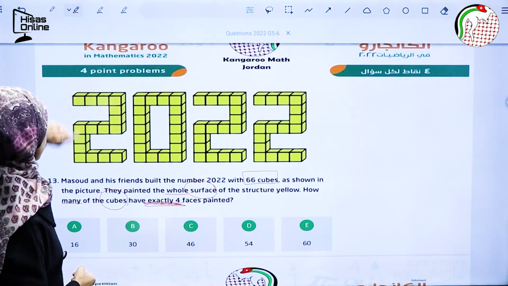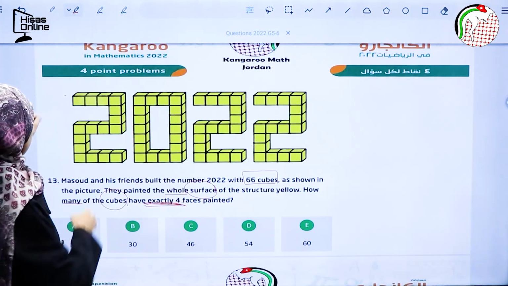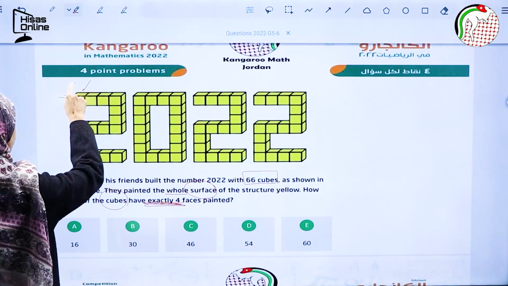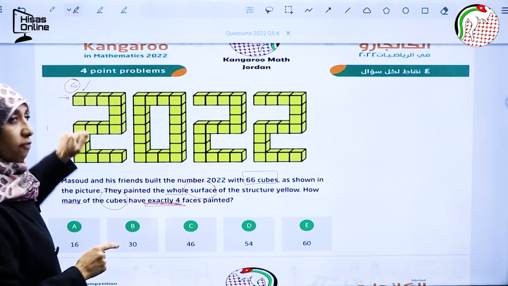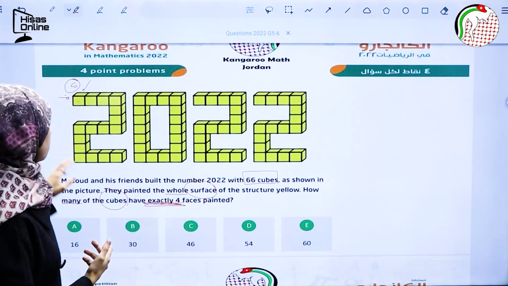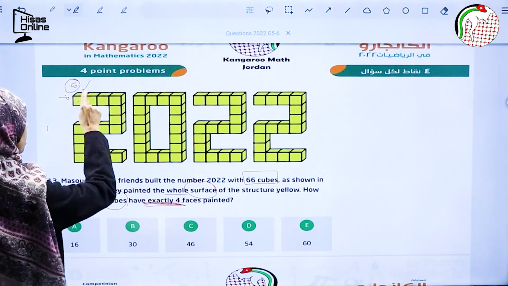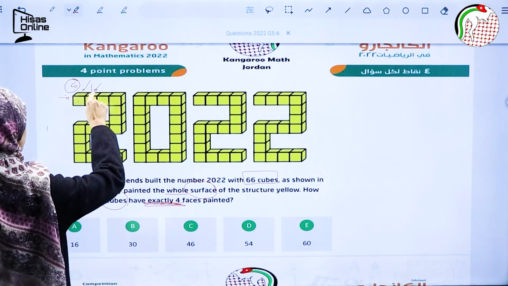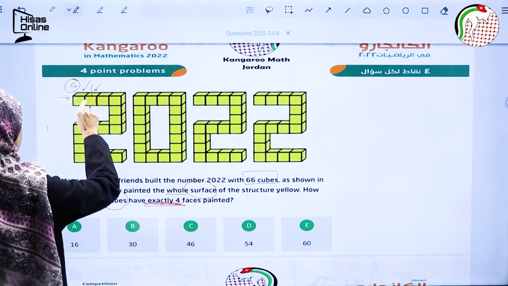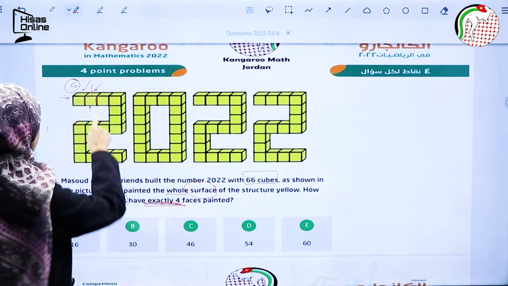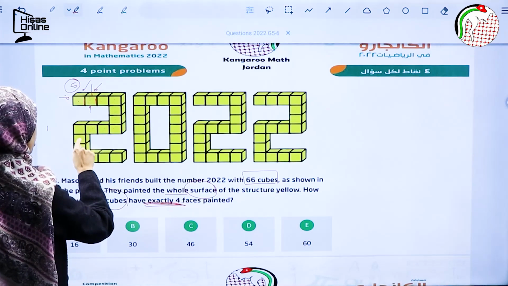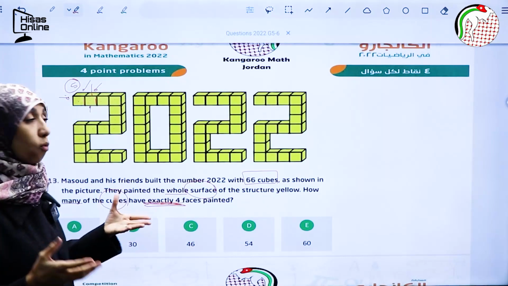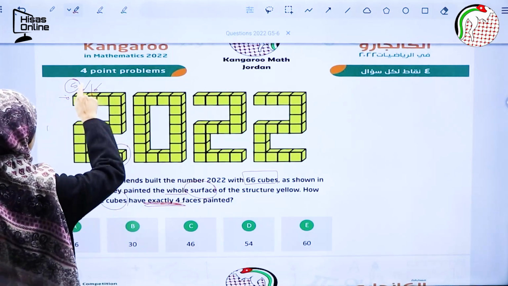If you start here, check 1, the face here, 2, 3, 4, and the left one here, 5. This has 5 faces painted yellow, so it's not 4. Check the next one. 1 in the back, 2, 3, and 4. Those were not painted. So those inside the shape, all of them have 4 faces painted yellow, while this one, the ends,